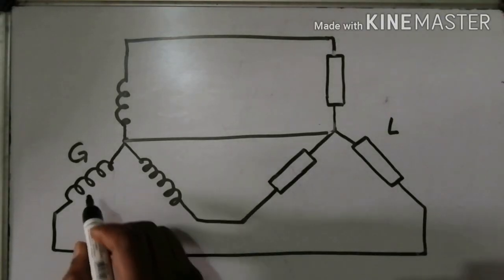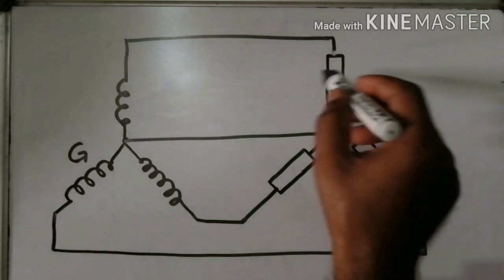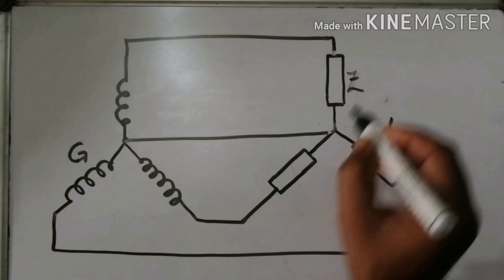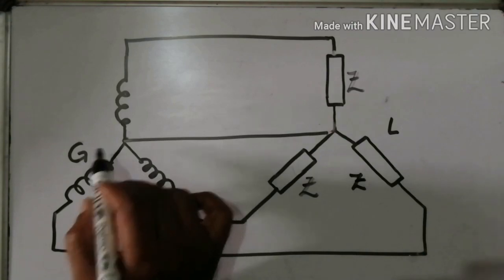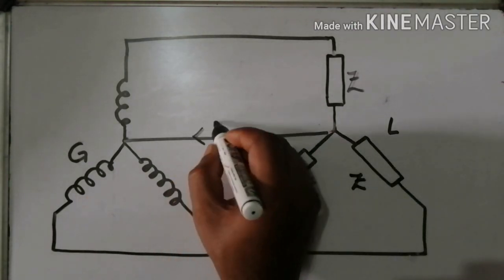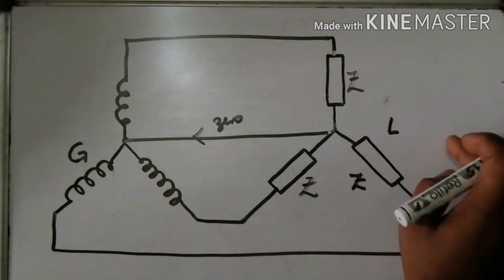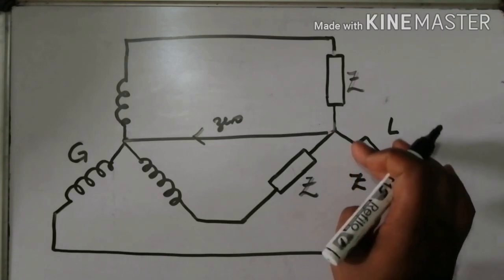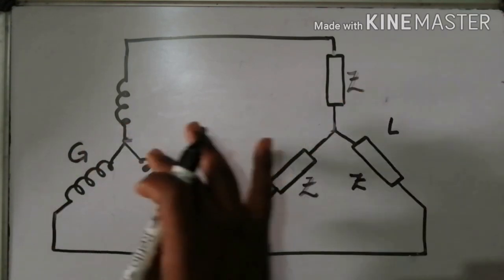This one is the generator side, this one is the load side. Now listen to me. The load shown in this circuit must be identical, right? All the loads are identical. Then current passing through this neutral wire is 0. Current through this wire is 0. So we can remove this wire, right? In an ideal situation, or when the load is equal, current through the neutral wire is 0. We can remove this wire because no current is flowing in this wire.